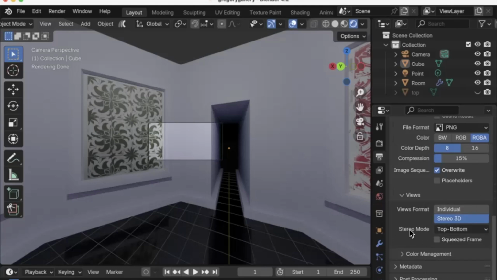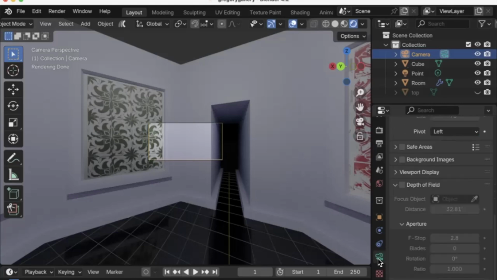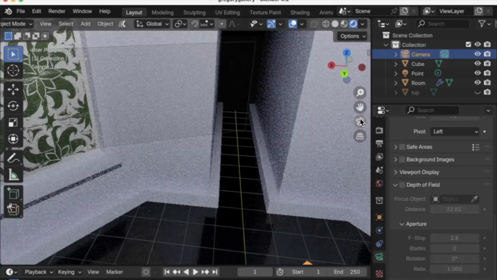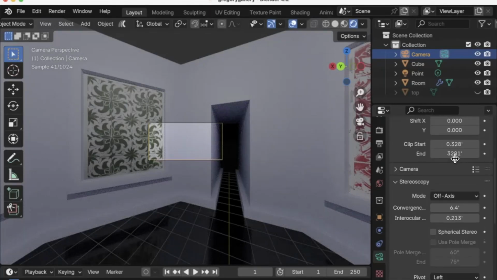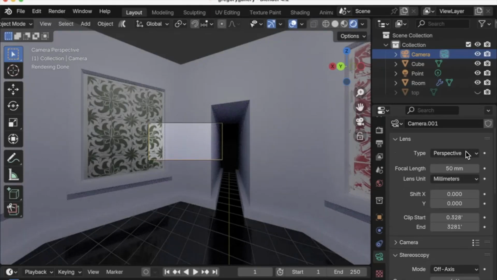Now, you get to select these things as you render with images, but it's still a good habit to set them here because if you're rendering video, you'll have to do that. You'll have to set that to be automatic. So set here. So now make sure we have our camera selected and we go to the camera settings. Also make sure we're in camera view so we can see what's going on. And now in camera settings, we're going to change our camera from perspective to panoramic